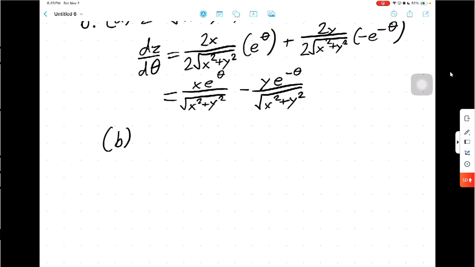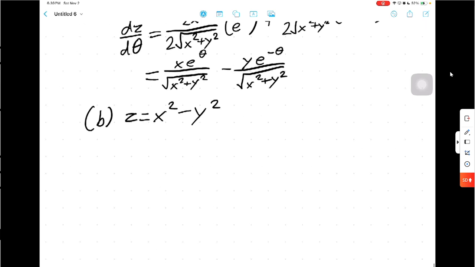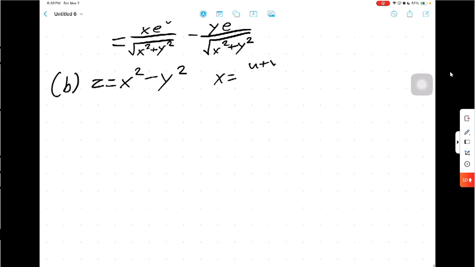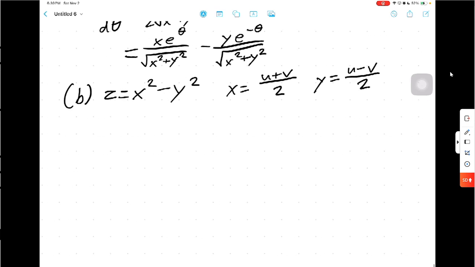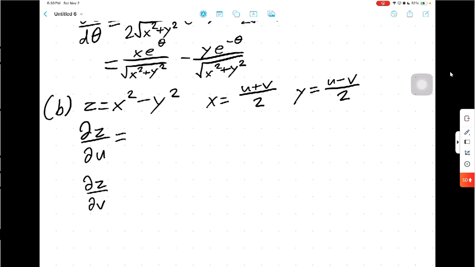B. Z is equal to x squared minus y squared. X is equal to u plus v over 2, and y is u minus v over 2. And it wants us to compute partial of z with respect to u and partial z with respect to v. Partial z with respect to u is going to be partial of z with respect to x times partial x with respect to u